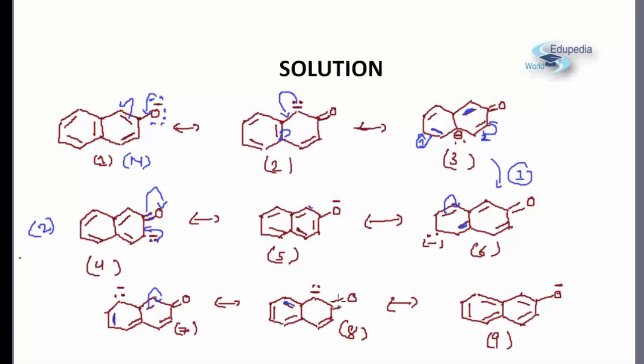And finally again we can see a pi sigma lone pair conjugation. So we move this pi bond over here and this lone pair converts into a pi bond. So this gives me the 9th structure. So there are a total of 9 resonating structures. And do we need to draw all of them to be able to identify this? Unfortunately yes. You'll have to sit down with a piece of paper and draw all the possible structures before you are in a position to answer how many resonating structures are possible. Thank you.